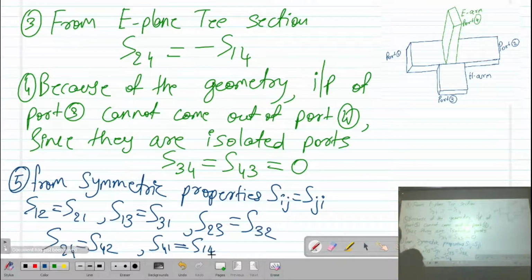Right? This is due to symmetric properties. Okay? Now, moving ahead